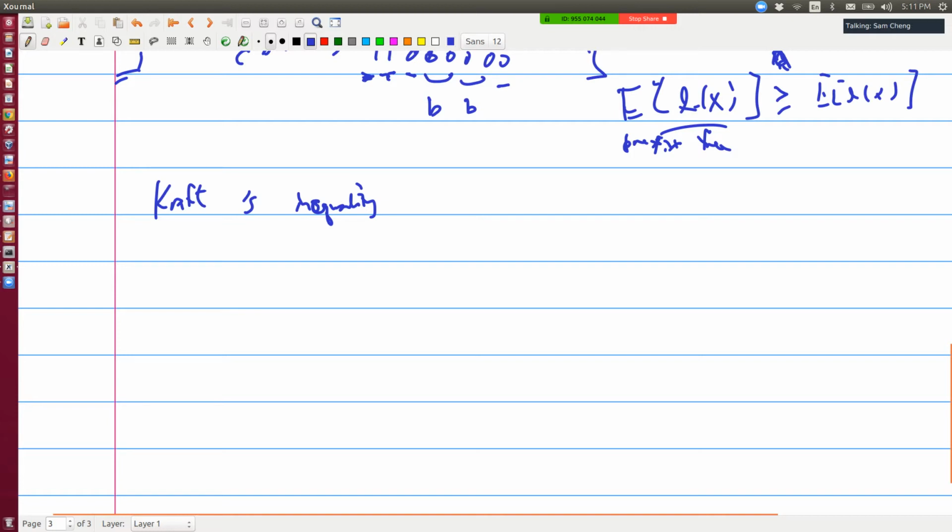Kraft's inequality is a condition to check whether a uniquely decodable code exists. Let's say if I have